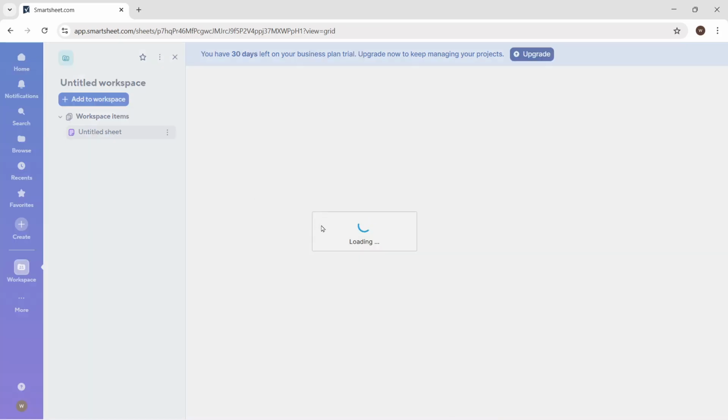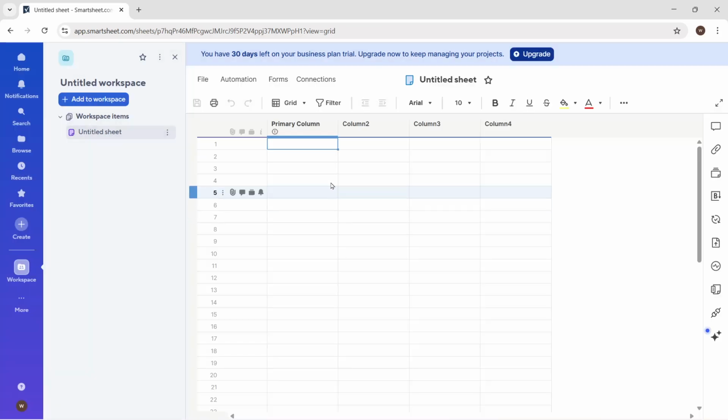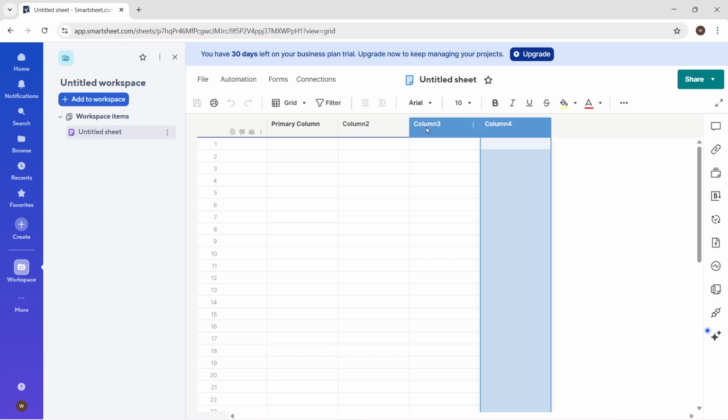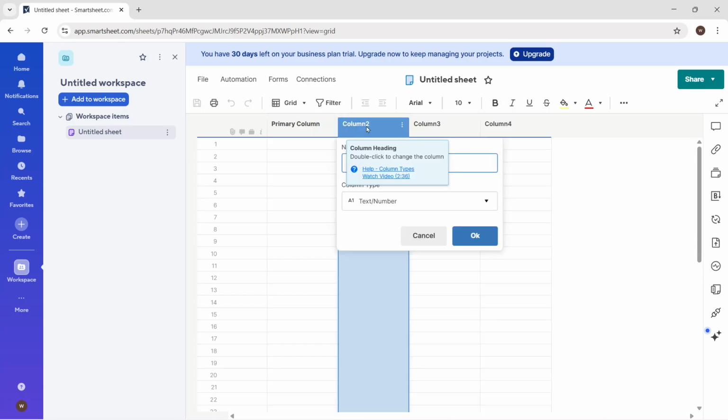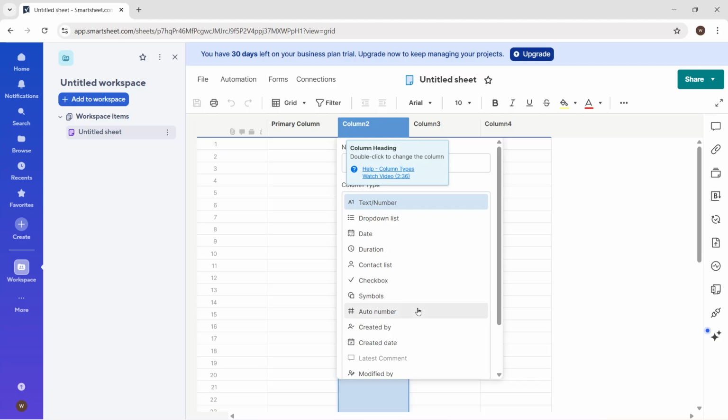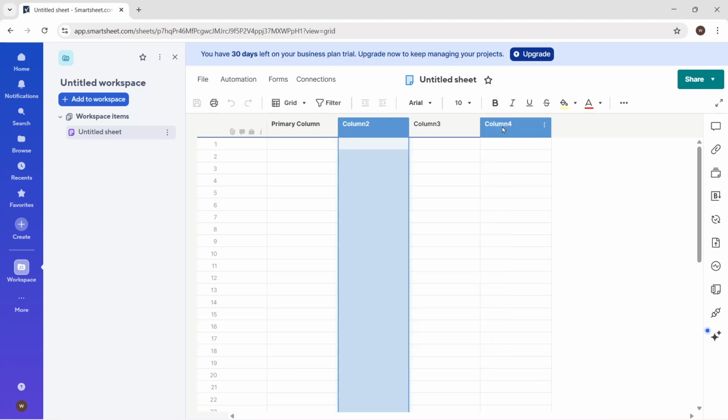Let's set up your columns. Click the plus icon to add a new column, give it a clear name and pick the right column type. Text number is great for titles or notes. Date columns keep schedules consistent. Drop down standardized choices like status. Checkbox works for quick done or not tracking, and contact list helps you assign ownership. If your sheet grows, you can drag columns left or right to reorder them so the most important fields stay